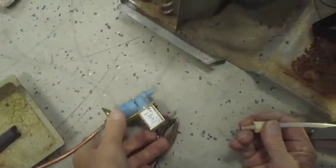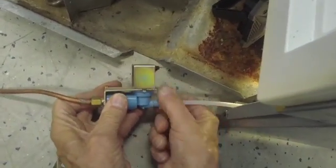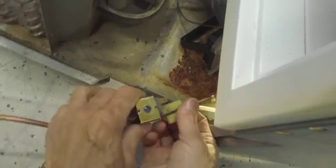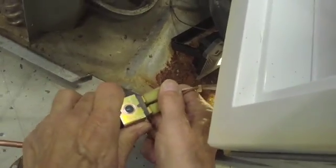Now take your water valve and you screw it on like this. Hand tighten it. Take your electrical wires here. Make sure you pull the plug out when you work on this thing, even though there's no power going to the water valve yet, but especially with the drawer out. Put that on like that,